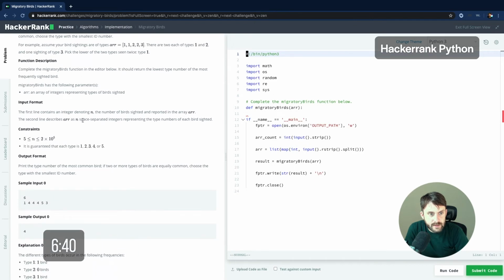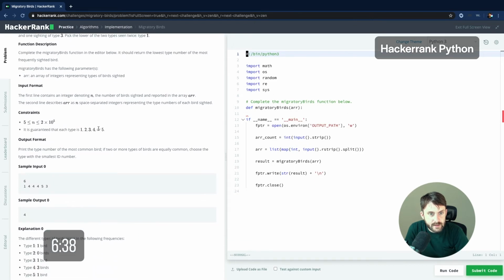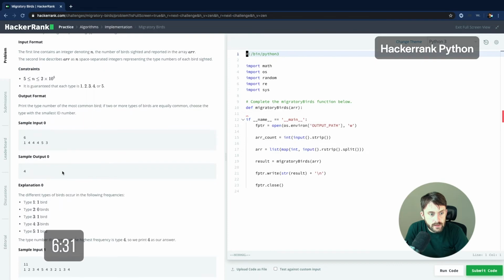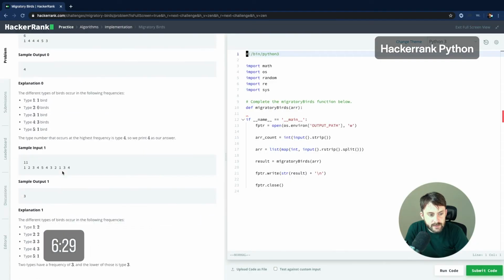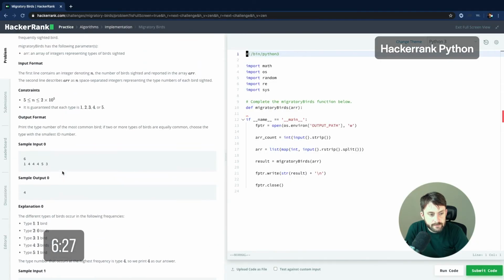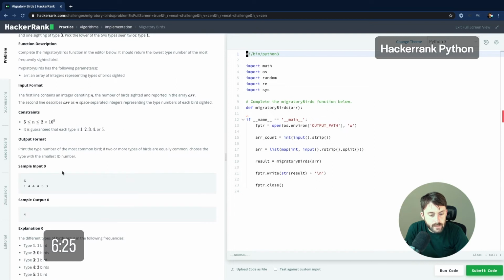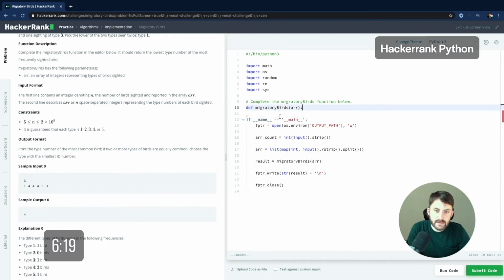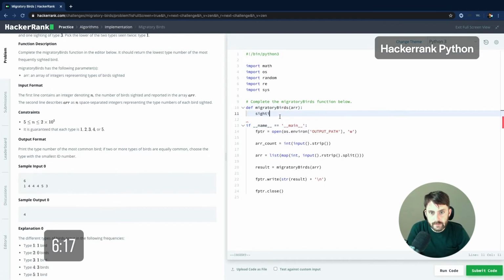First line contains n, the number of birds sighted. Second line describes an array. So we could use like a dictionary. We could use a dictionary here and get the minimum value. So let's see. We could make a sightings dictionary,